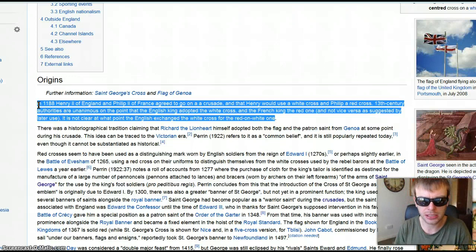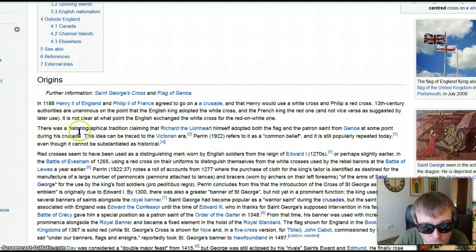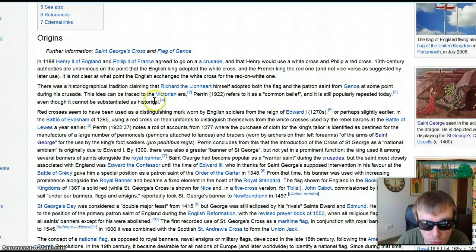England and France both uniting underneath the red cross on the white background. There is historical graphical tradition claiming that Richard the Lionheart himself adopted both the flag and the partition and the patron saint of Genoa at some point during his crusade. The idea can be traced to the Victorian era. Perrin 1922 refers to it as a common belief and is still popularly repeated today, even though it cannot be